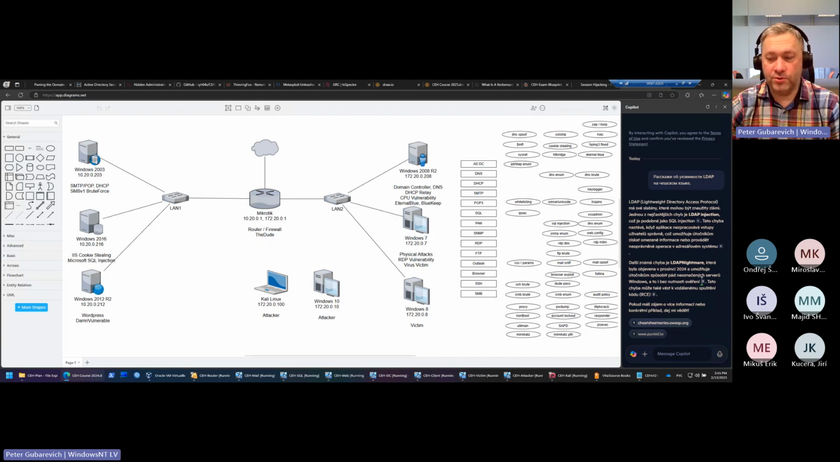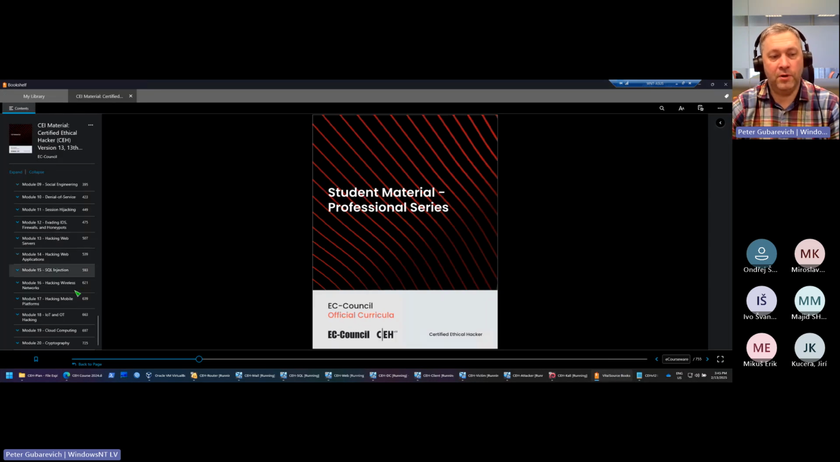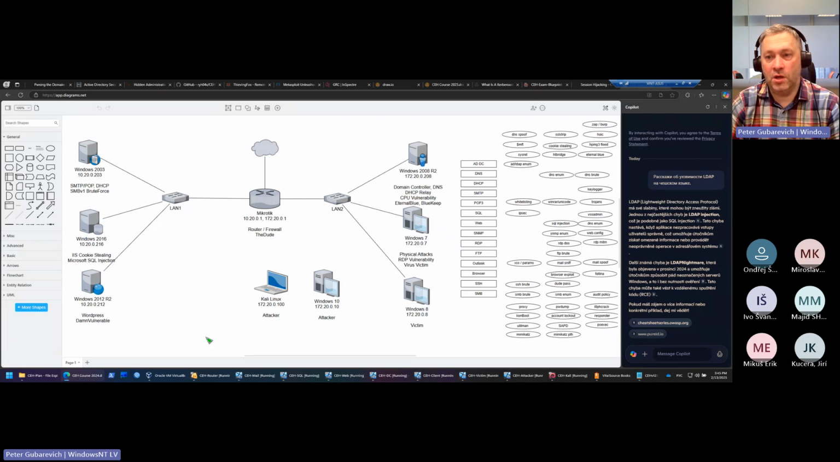We will not be able to touch each and every module. For example, we will definitely skip wireless networks because it's not possible to demonstrate wireless attacks remotely. We can discuss it. But I will try to show you as much as possible of some exercises, of some attacks. And that's why you see my plan, which I consider to be valid for this course from previous year, still